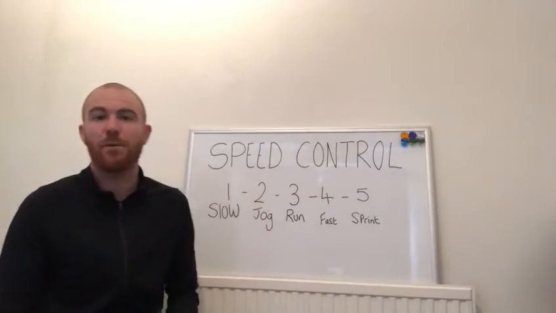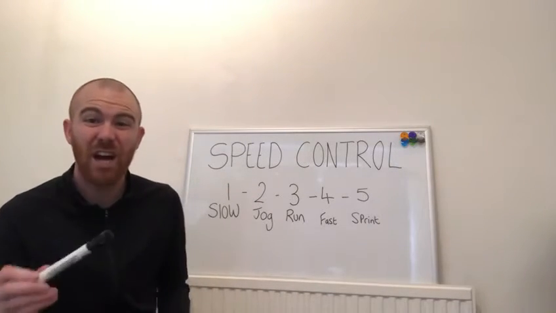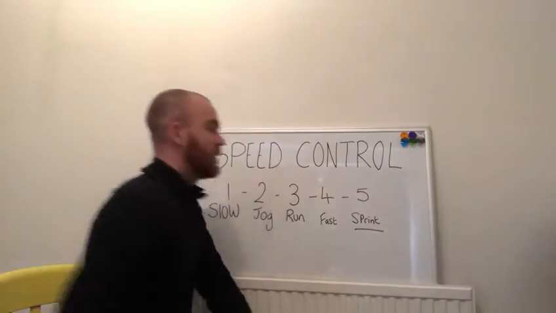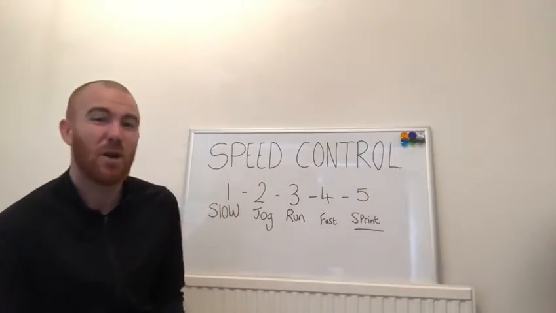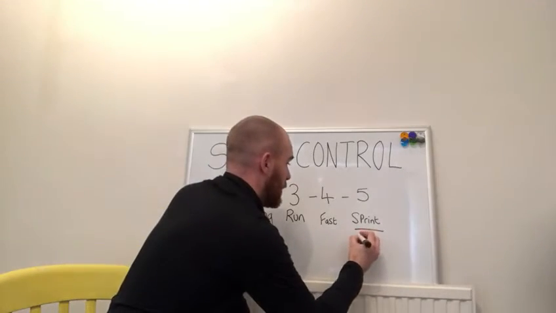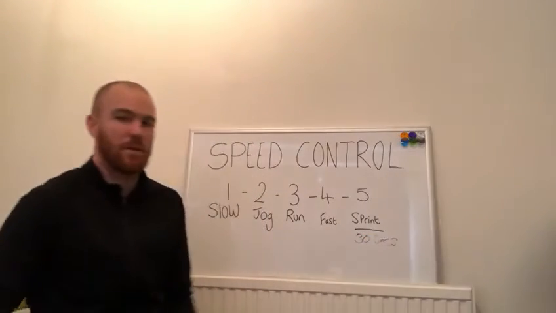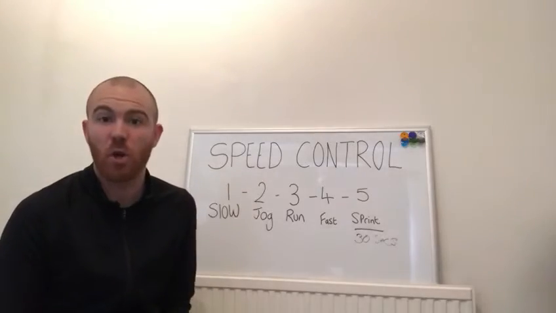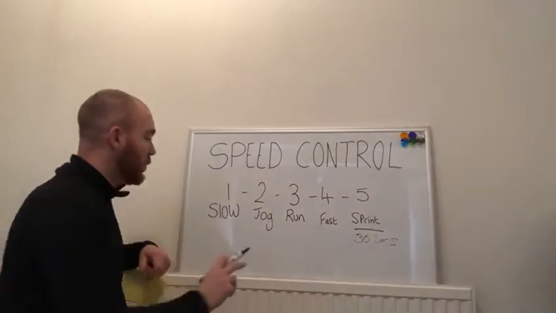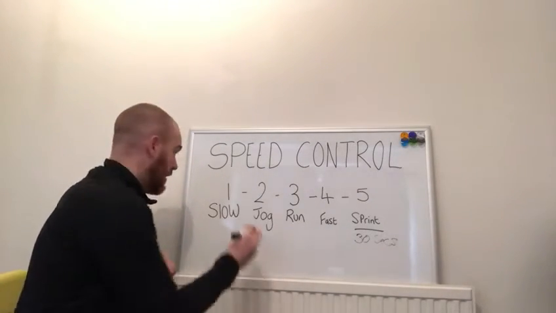Now, the reason why it's so important to be able to control all of those things is because if you're in a running race and you start by sprinting, then it means that you are looking at being very, very tired within around 30 seconds. Okay? So it means that you won't last very long in that race. In comparison to, if you were to be running more towards number 1, you might not get tired for something like 5 minutes.